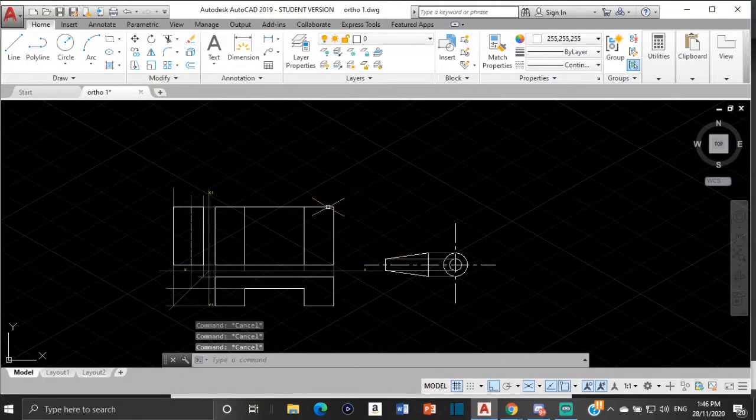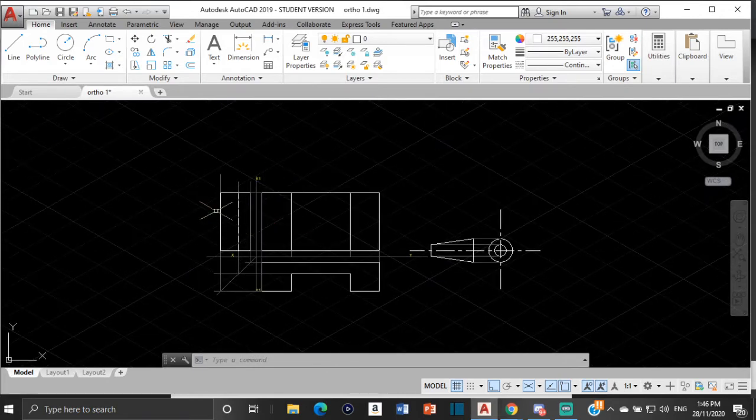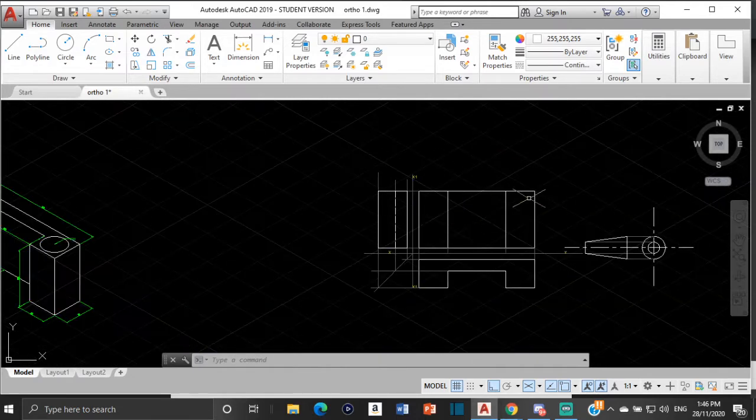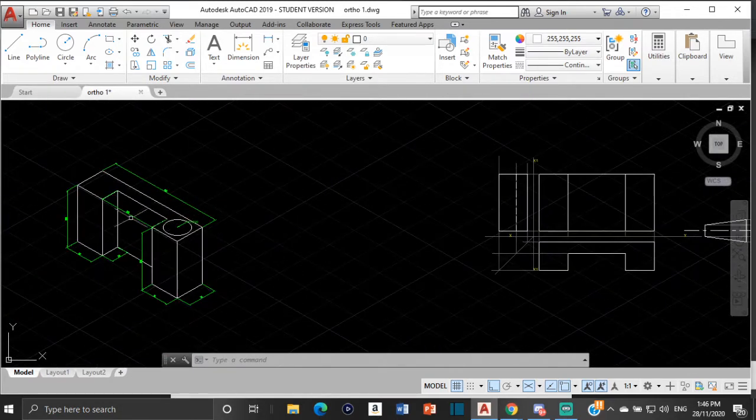Now for this video, we are going to continue looking at orthographic projection. So for the last video, we did this drawing here, which is this isometric figure represented in first angle projection. Now for this drawing here, the one that I did in first angle projection, we did not have this circle here. We're going to do this same drawing, but this time we're going to do it in third angle projection, and